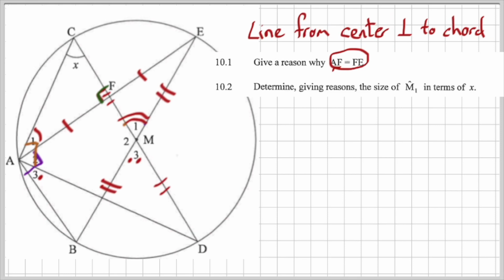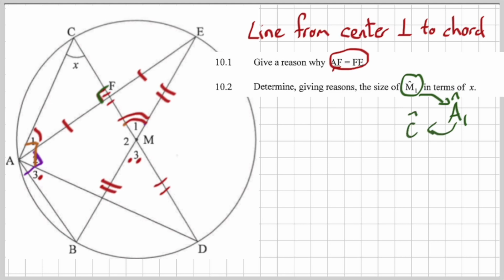Next up, they say, determine, giving reasons, the size of M1 in terms of X. So what I love to do is now, okay, what do I know about M1? M1 is my monkey. But I've got a number of mountains standing in my way. First of all, M1 relates to A1. If I look at A1, because remember M1 is twice A1,